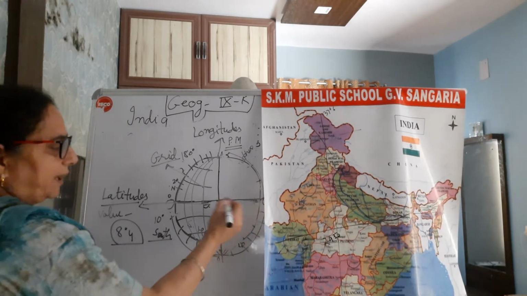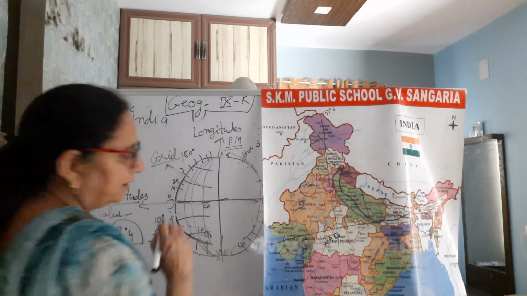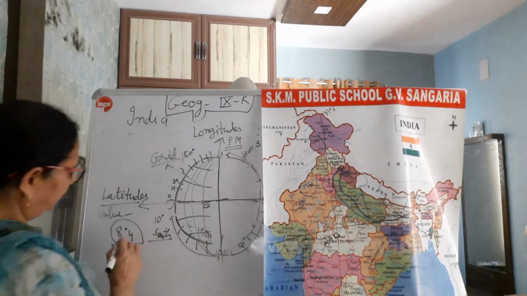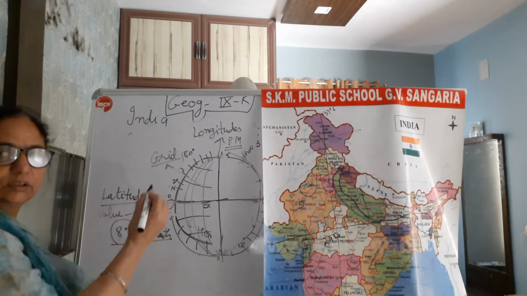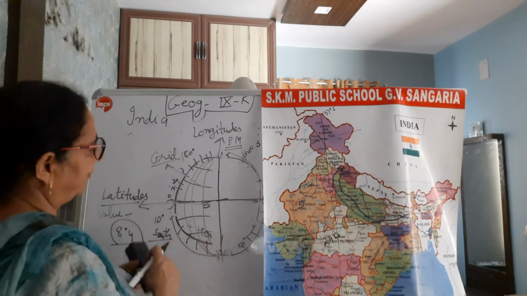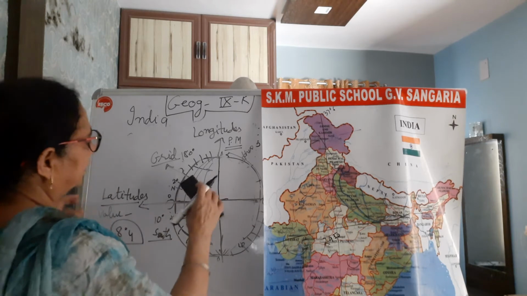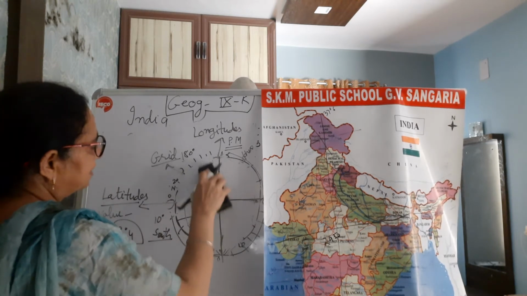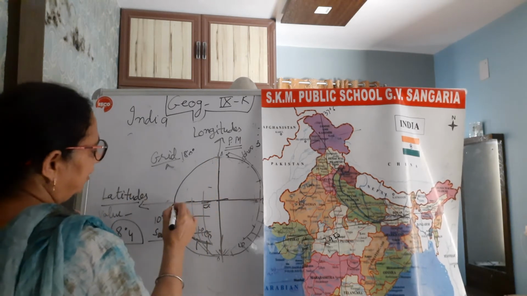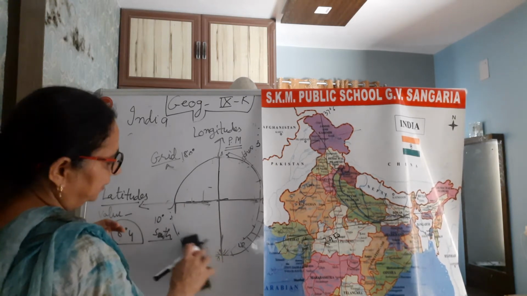We know that the equator passes through 0 degree. 0 degree is where the equator is situated. And I told you 8.4 degree north, right? This divides the whole world into two hemispheres, I told you. This one hemisphere is the northern hemisphere. And India is located in the